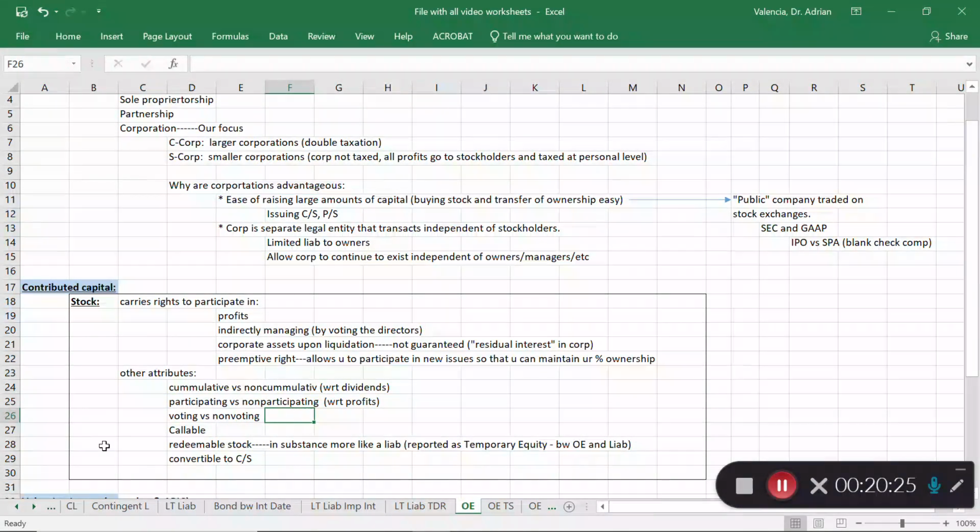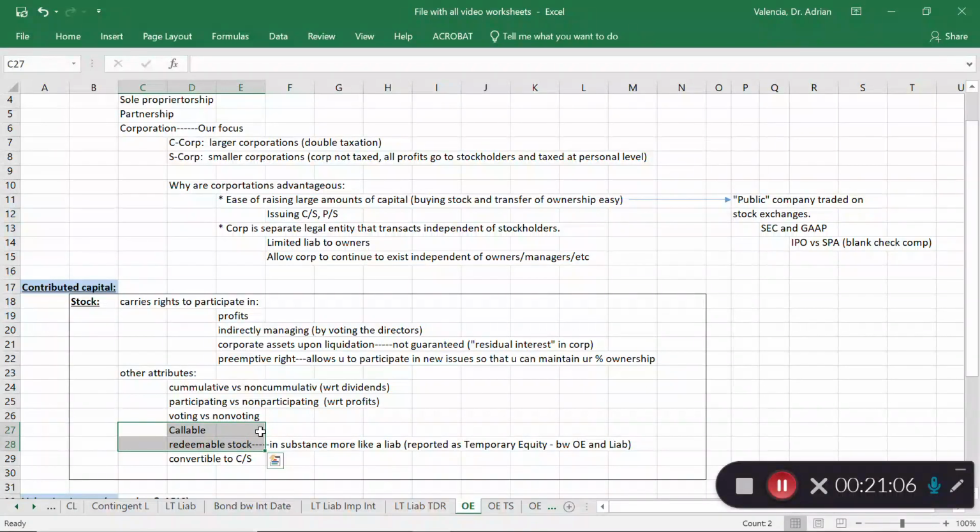All right, other attributes that we need to discuss here. The bond can be callable. In other words, I'm sorry, not the bond. The reason that I said bond is because usually callable features relate to a bond or a debt type of instrument. But you have these kinds of instruments here that are redeemable or callable. So if you have a stock certificate that falls under that criteria, here's what I want you to think about. If the corporation is able to call that bond, right?